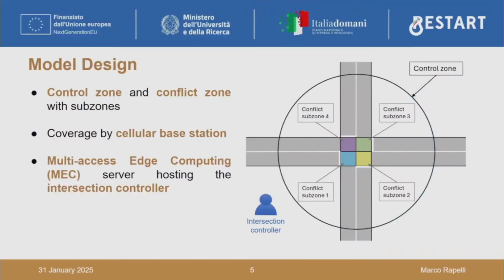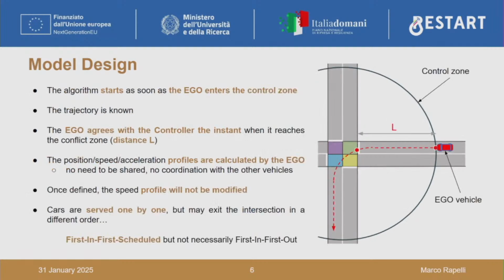We design our model with a four-way intersection with a control zone around the intersection and a conflict zone divided in subzones where the collisions may occur. We assume to have full cellular coverage around the intersection, basically inside the control zone, and we also assume the presence of a multi-access edge computing server hosting our intersection controller. Our algorithm starts as soon as the ego vehicle enters inside the control zone. Since the trajectory of the vehicle is assumed to be known a priori, the ego vehicle can coordinate with the intersection controller and compute